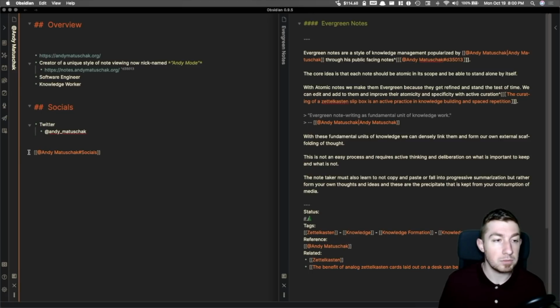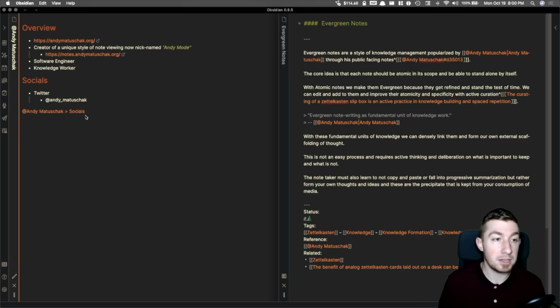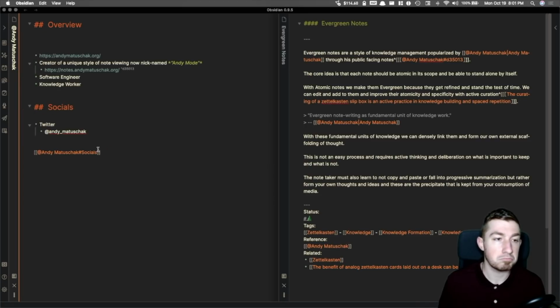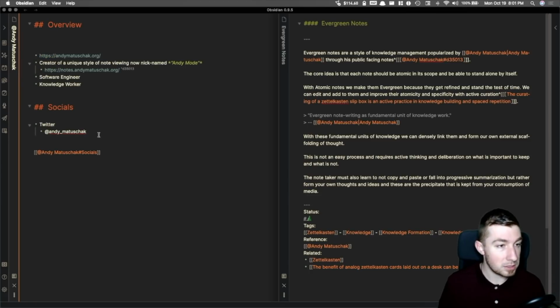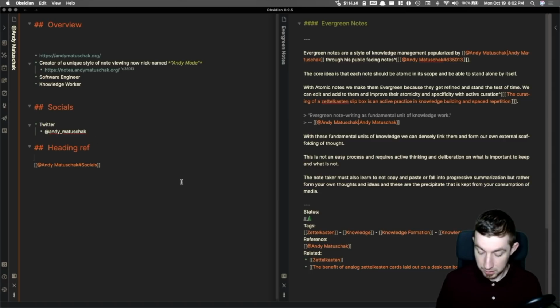Cool. So that's all there is to it. I can preview that, and it just shows that. That's it. So now if I actually preview and hold, in my case for Mac, Command, it'll actually show me a preview of that entire block. Now, my little reference here is part of that block. And let's see if we can actually change that. All right, so now